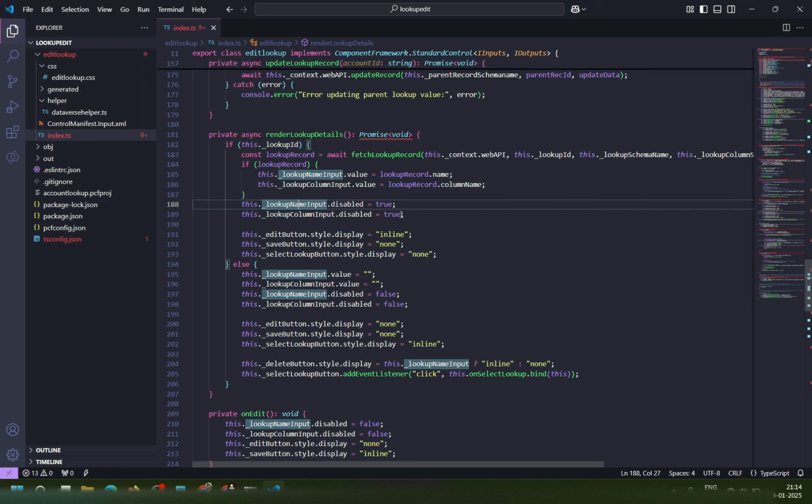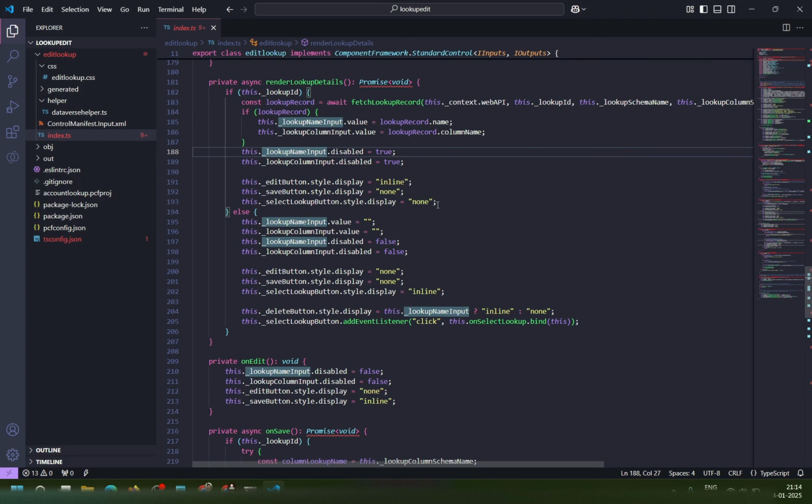Then I'm disabling it, because once the values are coming, otherwise the user has to edit it, it will be disabled to edit. That is why disable will be true. Then the display properties I have displayed here. In this case, you can see the edit button will be enabled, the save button will be hidden, and the select button also will be hidden. Only the edit button will be displayed, along with the delete button,